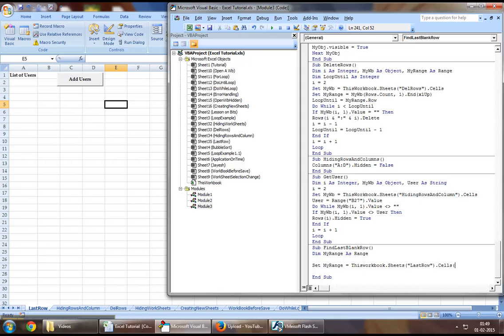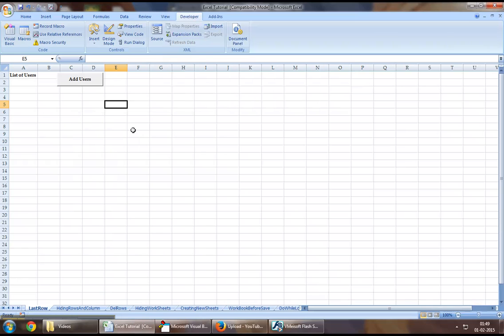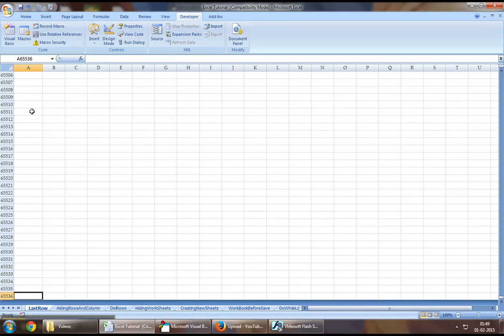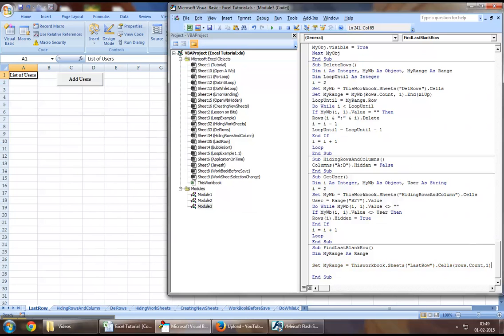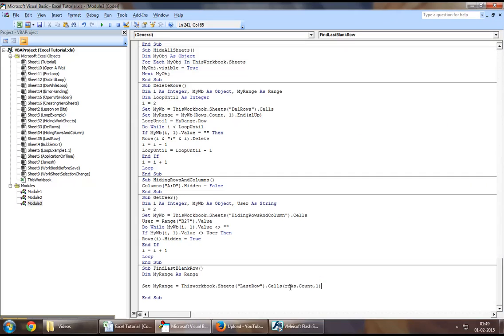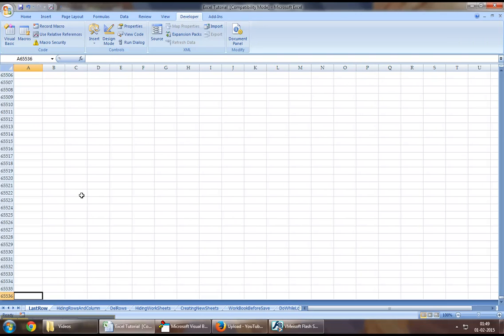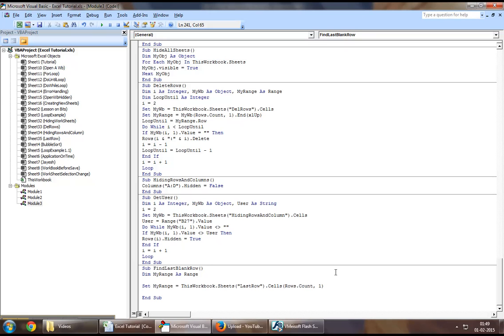.Rows.Count. This means it would take the last row, which is 65,536, from the first column. So in the first column it will count all the rows available, which is 65,536, as we've looked at. .End(xlUp).Offset(1,